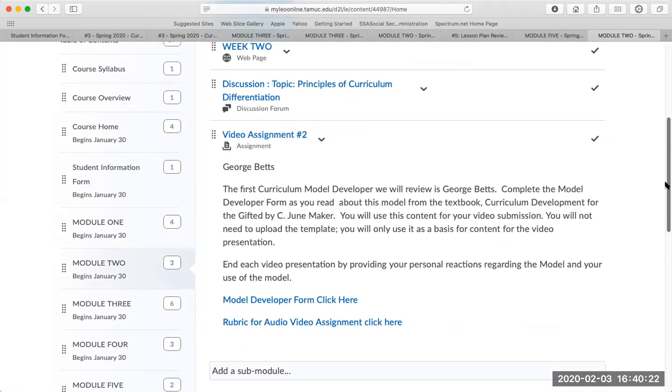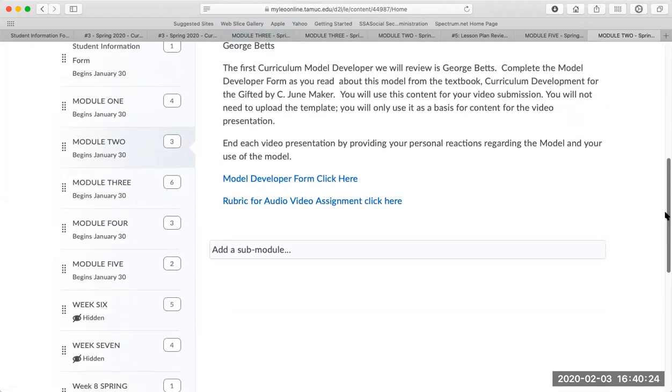Okay, and again, you can use Zoom. Okay, so that's Module 2. Module 3